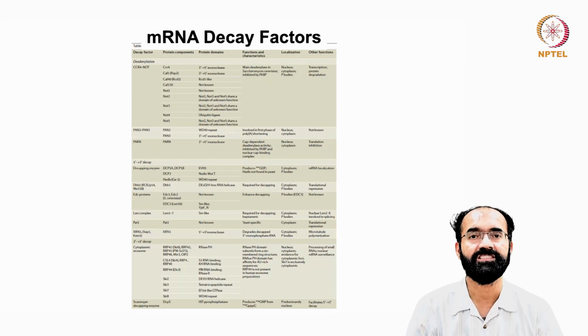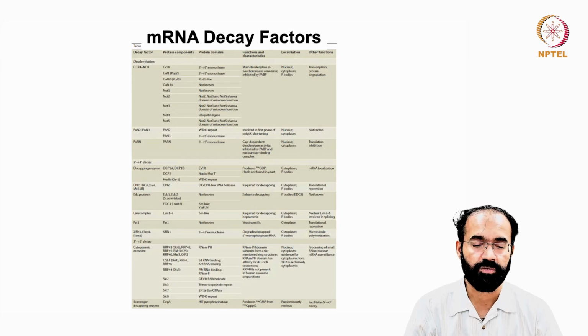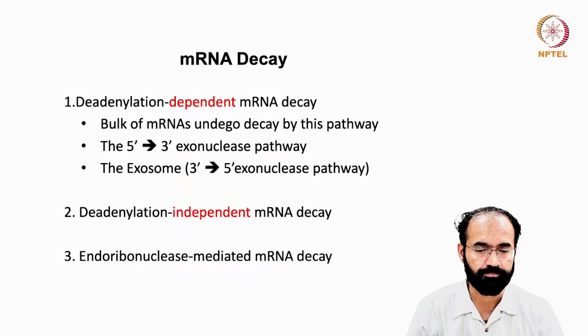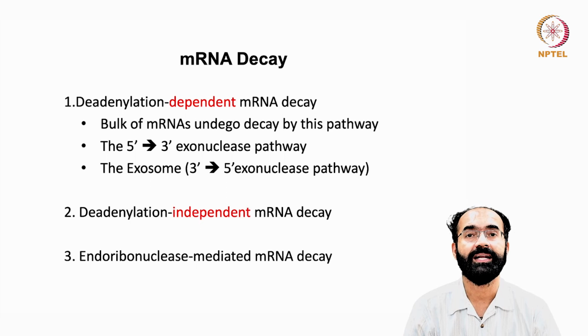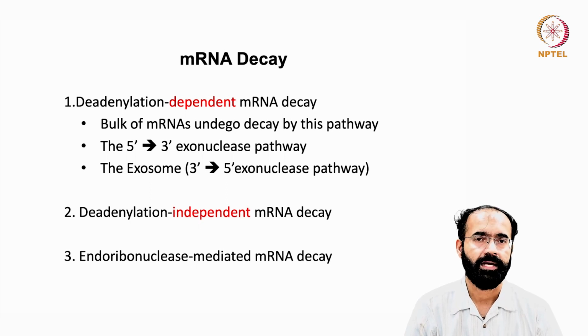But whatever we have listed in this table, we will try to address the important members of this list, and we will also try to understand the mechanism. And there are different categorizations for the mRNA decay pathway. So one category is deadenylation-dependent mRNA decay, and the name itself says it: the poly tail is there, which is made of adenine,